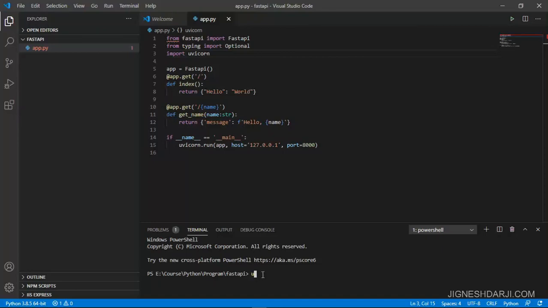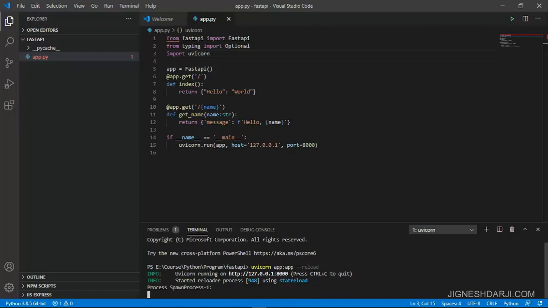So let's open the terminal, and I need to run this API using the uvicorn command. So I execute uvicorn app:app, where the first app is the file and the second app is for our application, and then --reload. So this will execute the entire API on the browser.